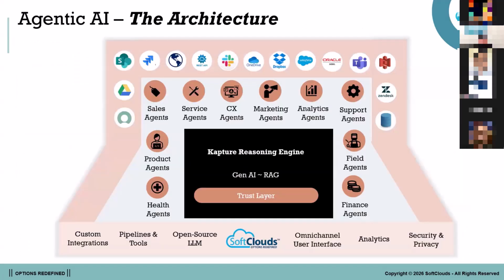Okay, so if you look at the agentic AI architecture, let's talk about this architecture. Here, at the top level, you can see there are multiple data sources where each organization can have their data in different data sources or data lakes. Our agentic platform is intelligent enough to crawl the data in real time and store it in a repository along with the AI embeddings. And on top of the data, we can create multiple sets of agents. We have the agentic AI platform built from scratch, where you can create an agent and define your business rule,